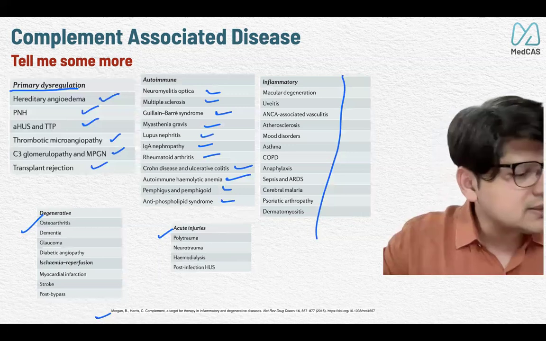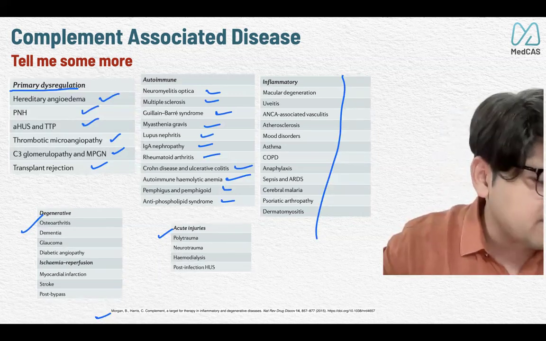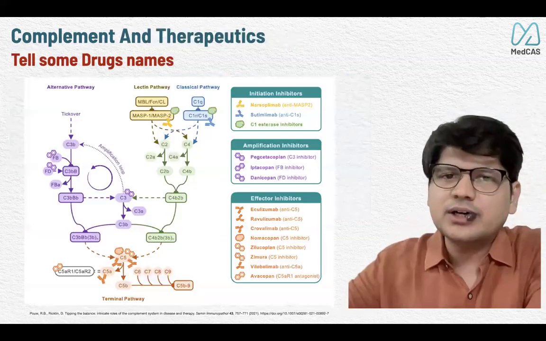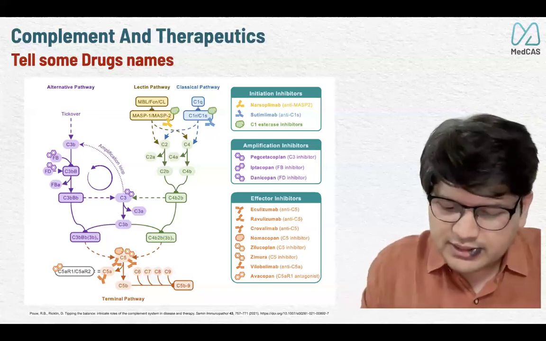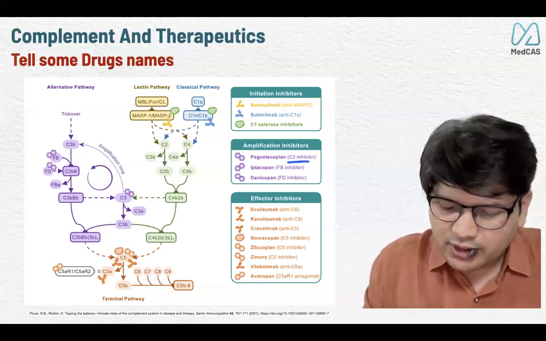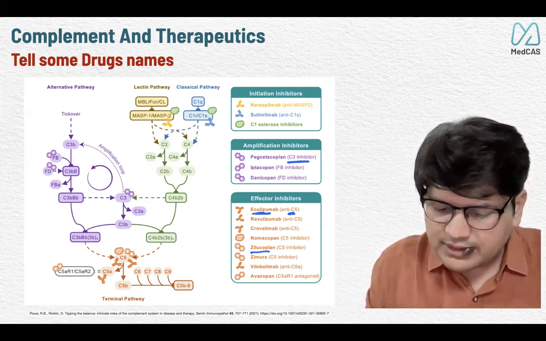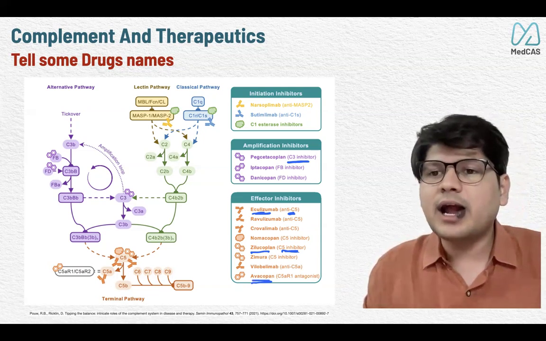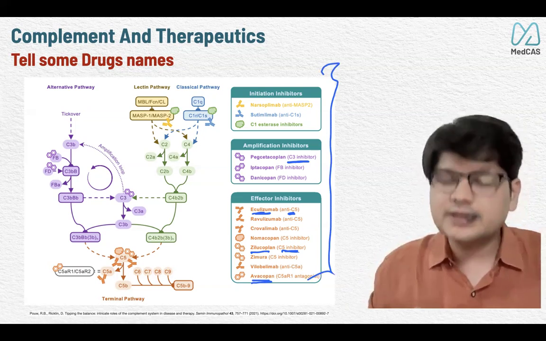So I've got one answer, which is pegcetacoplan. Okay, fine. So that is one which works on the complement. We will go to the further drugs which work other than eculizumab, and this is a total list. And as you told, this is C3 inhibitor, which was talked too much in the NEGM. And against that, you have eculizumab, which is C5 inhibitor. And then you have zilucoplan, which is C5 inhibitor. And very important, avacopan, which is there in your ANCA vasculitis, which is C5 inhibitor. So now these are the drugs which target complement.